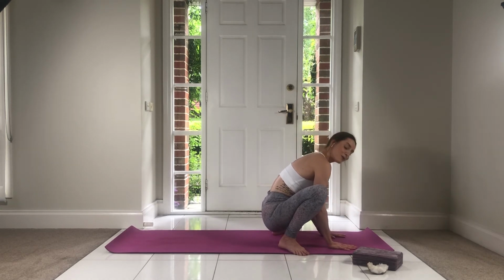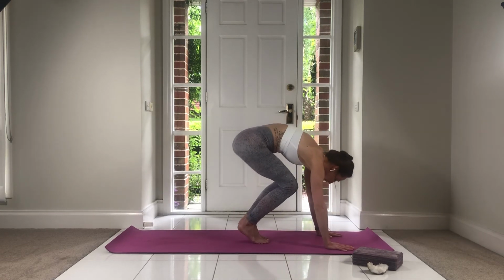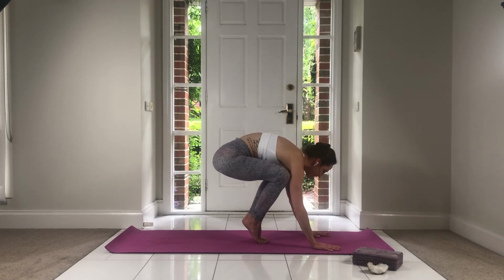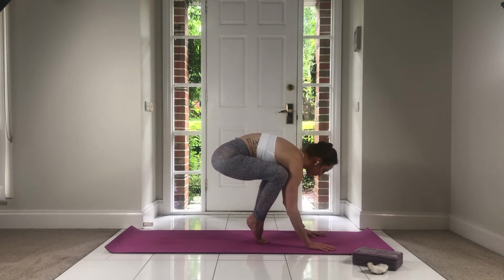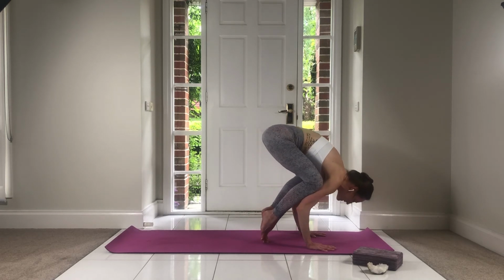If you do not want to come into crow pose, you just want to chill out in your yogic squat, that is absolutely fine. Please just stay there. And for everyone else, bringing those big toes together, placing those palms firmly down on the mat, and then bringing those knees in to the upper arms, into the armpits there,